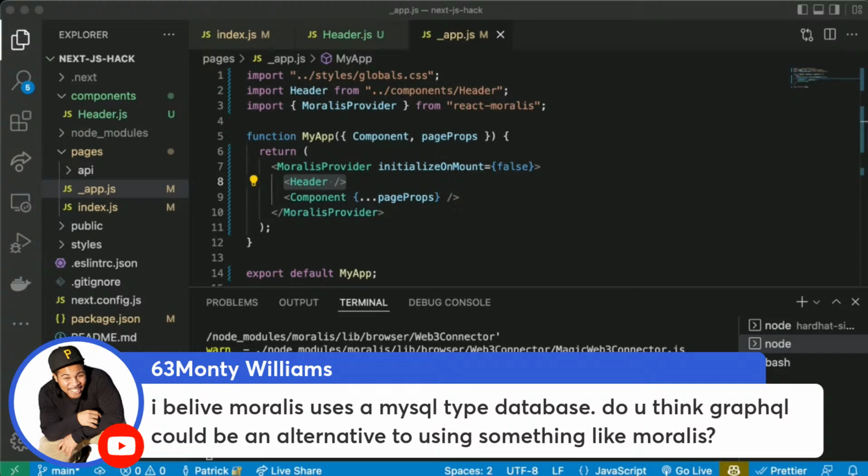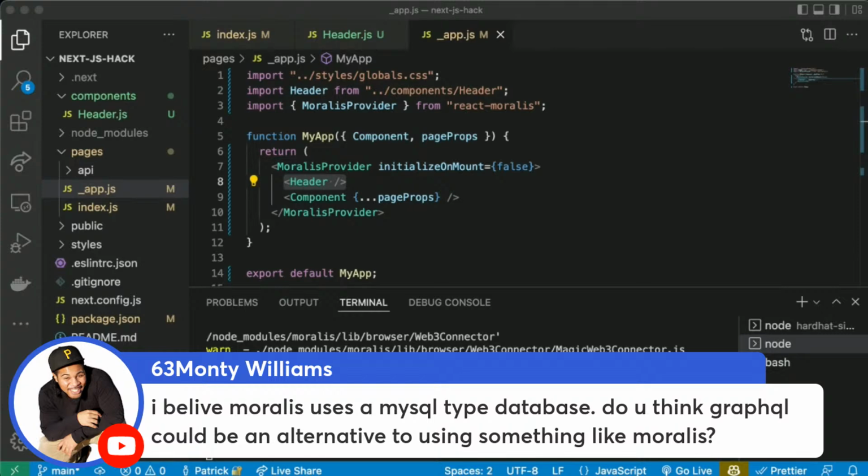I believe Moralis uses a MySQL type database. Do you think GraphQL would be an alternative to use instead of something like Moralis? Yes. So for indexing events, you can use something like Moralis. You can also use something like The Graph. The Graph is going to do it in a decentralized context, right? But The Graph works on testnets and mainnets, so you're not going to have a whole bunch of Graph nodes on your local network.